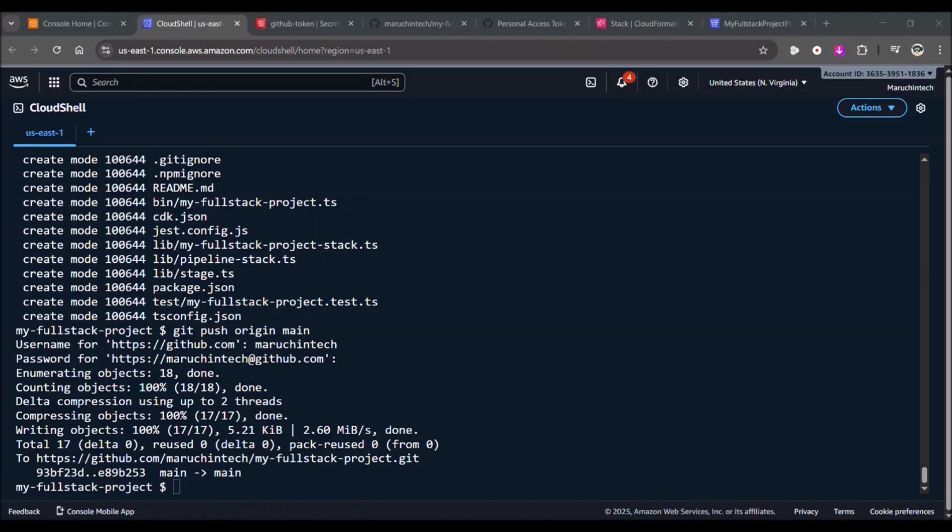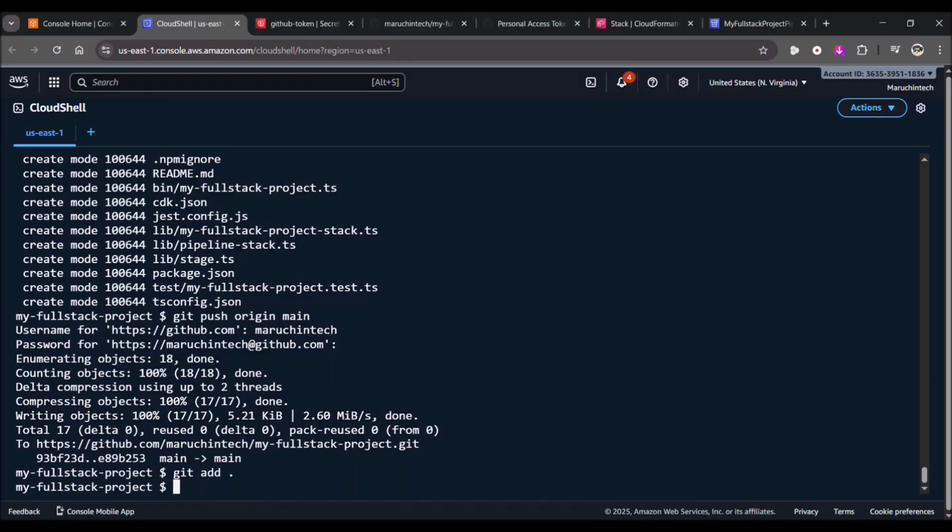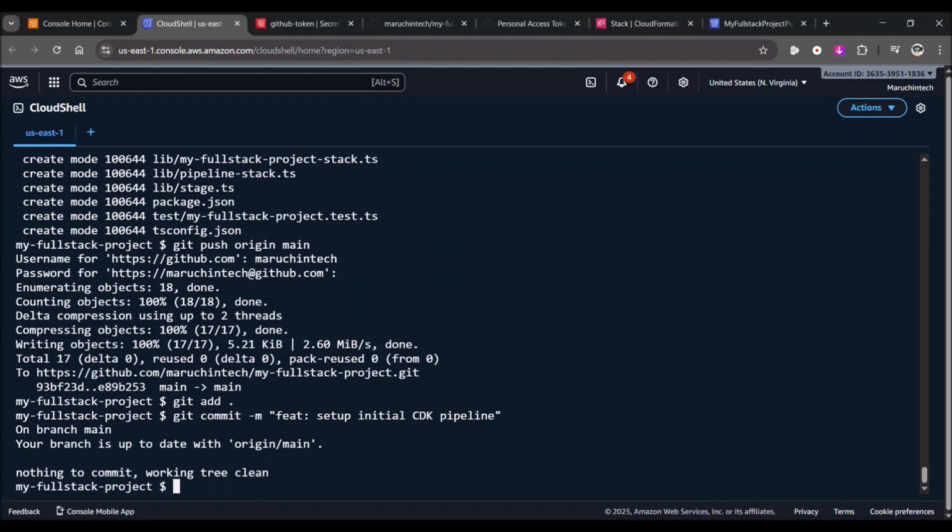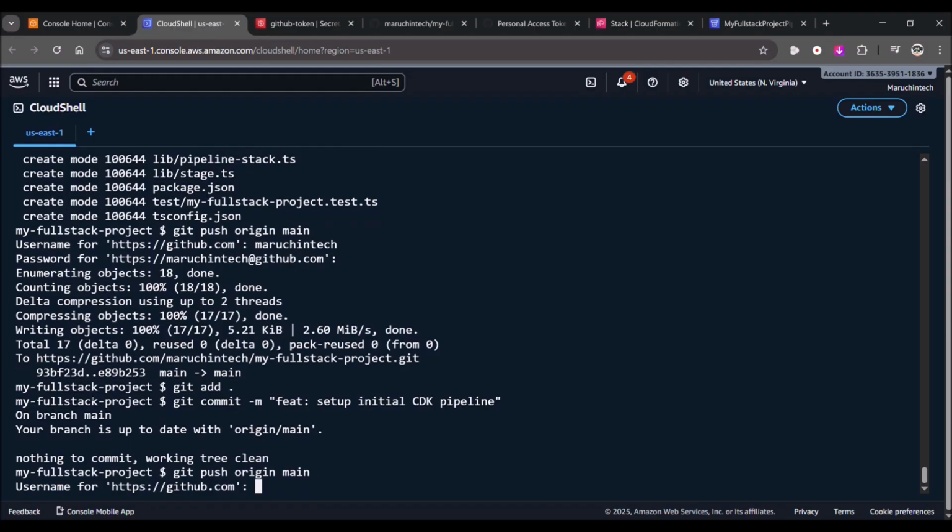Firstly, I'm gonna enter git add, and second I'm gonna do git commit, and then I'm gonna do git push origin, and enter